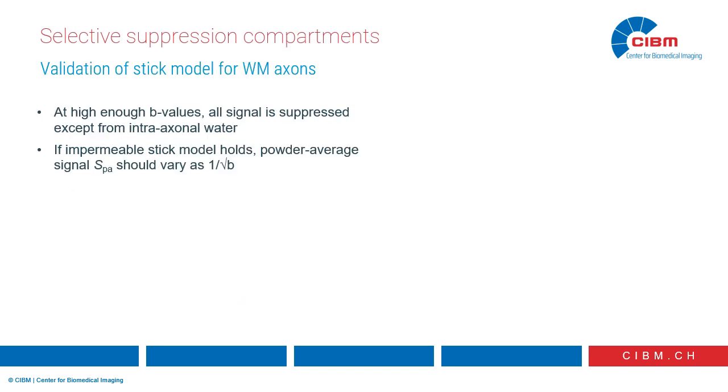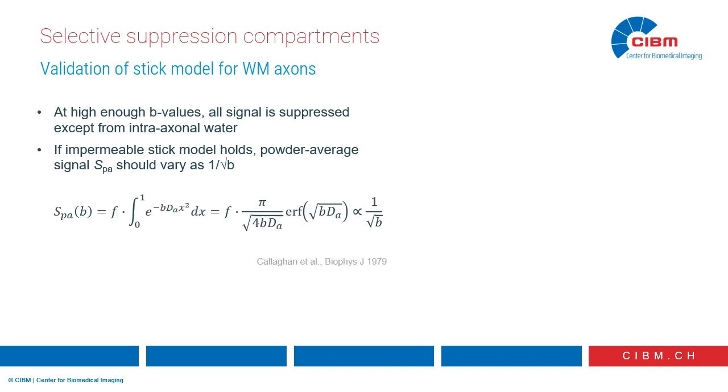Finally, another creative way to achieve selective suppression of compartments, or how to use it wisely, is to validate the stick model for axons in white matter, which has been used for many years but never really validated. And so this starts from the observation that at high enough B values, all the signal is suppressed except from intra-axonal water. And then if the impermeable stick model holds, then the powder average signal should vary as 1 over square root of B,